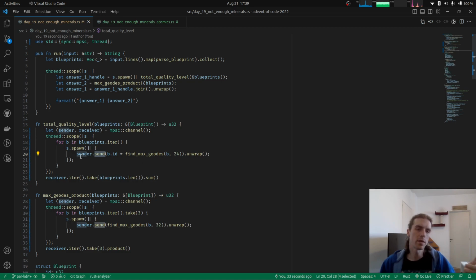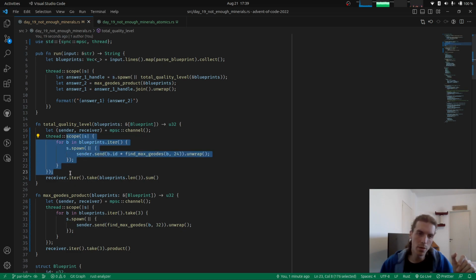But if you think about this in comparison to the atomics side, the atomics doesn't need any intermediate data structure or anything. But here we're using this channel, which internally needs some sort of buffer to allocate and hold all these messages that all of these threads have sent, because we are sending all of those without receiving,